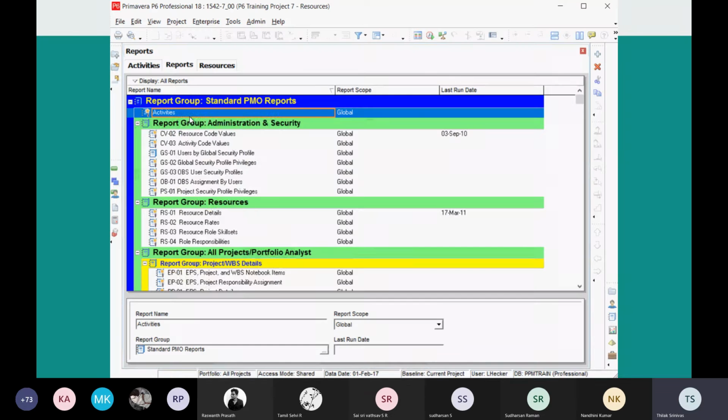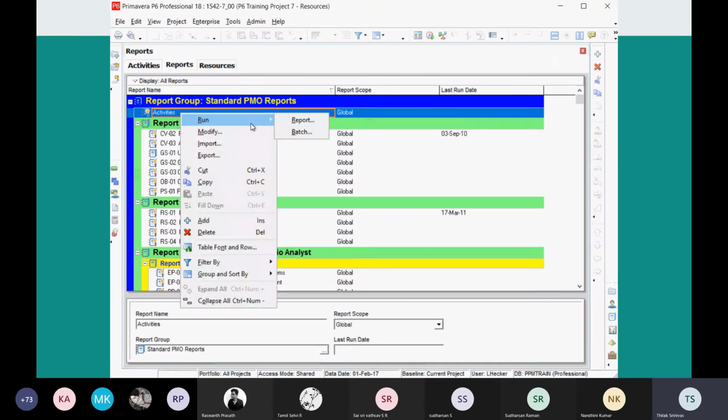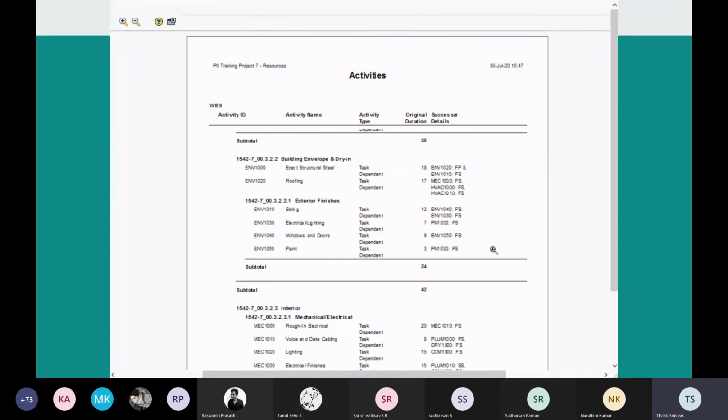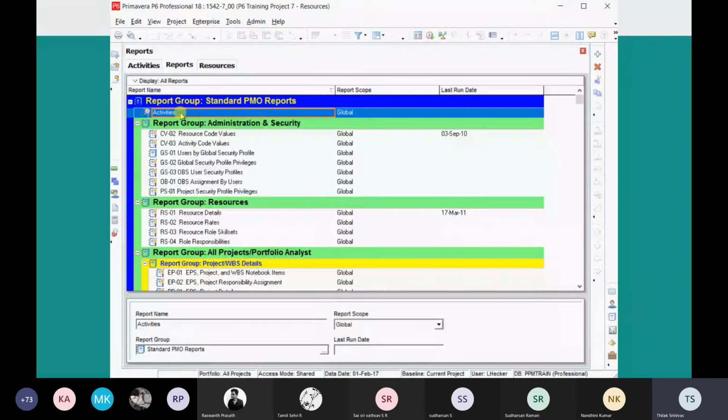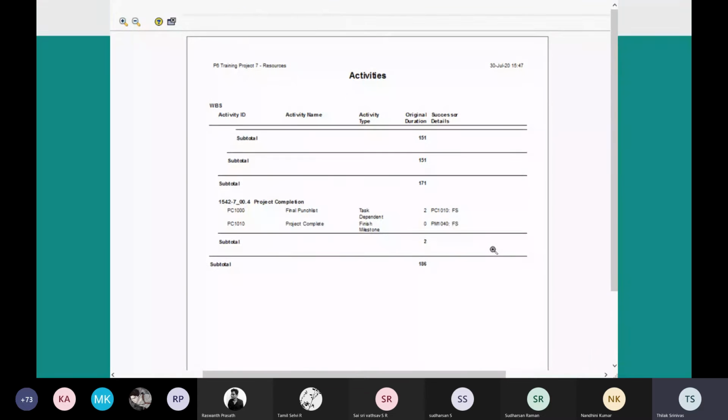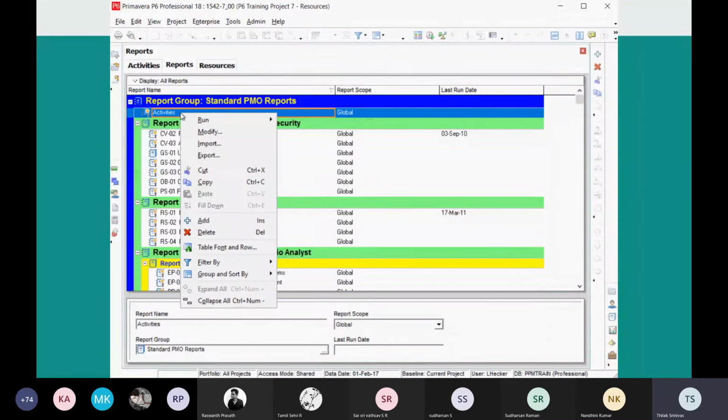In this case, I've chosen activity name, activity type, the successor details, and the original duration, right? So you can clearly see, you get a PDF report of what things have been doing the job, and what things you can improve, right? So this is how software plays a very important role in the stages of construction planning.